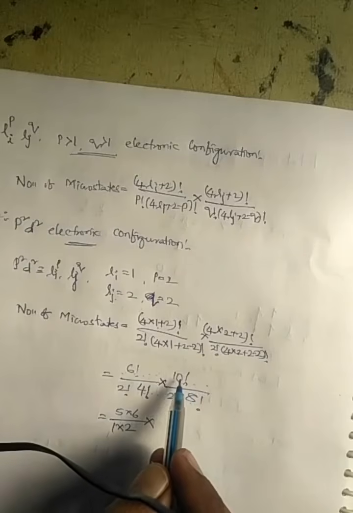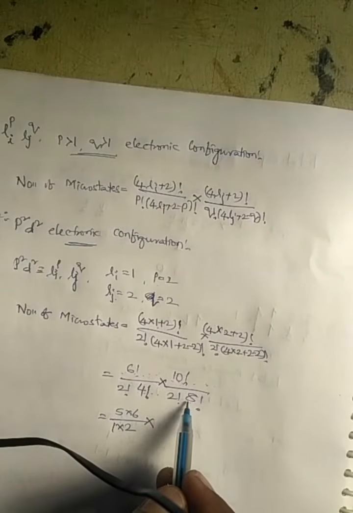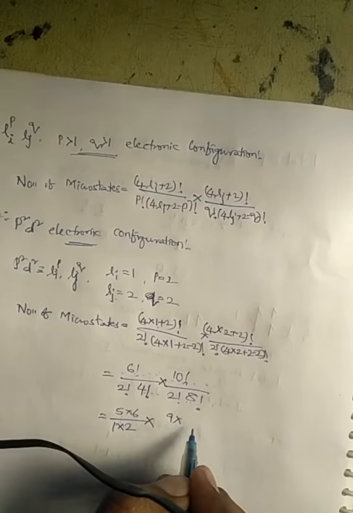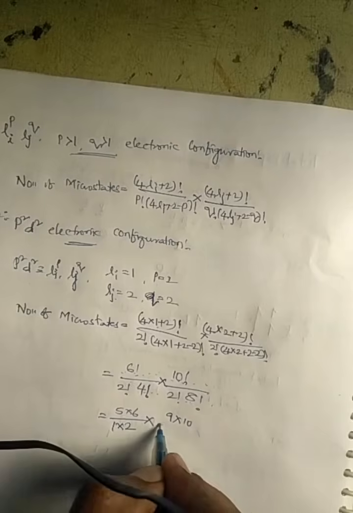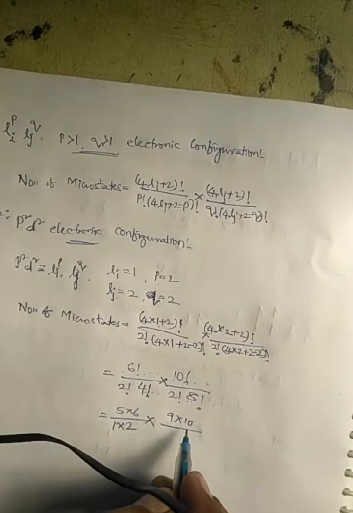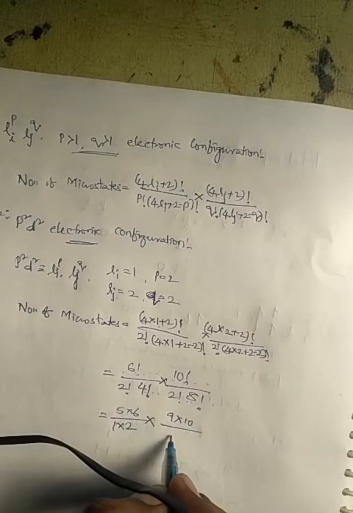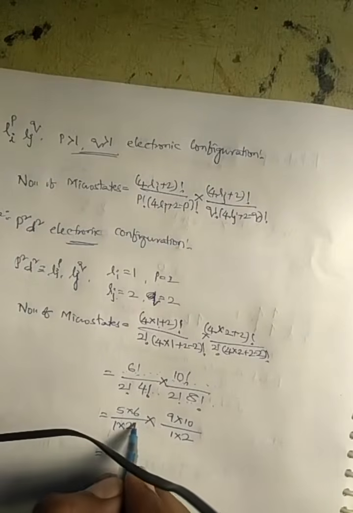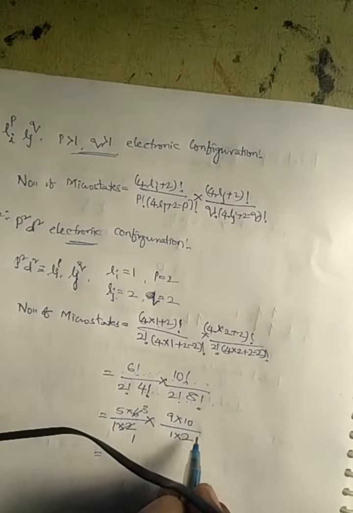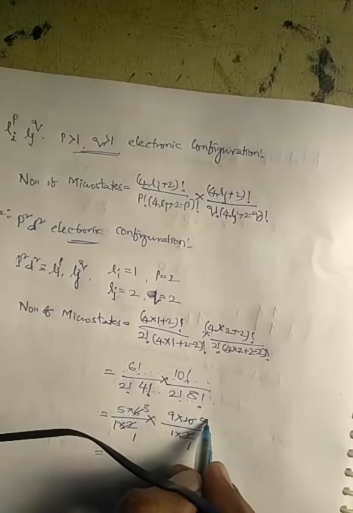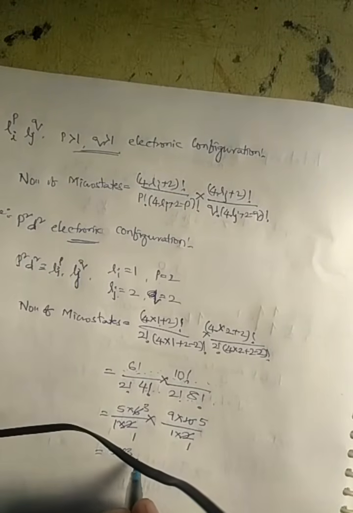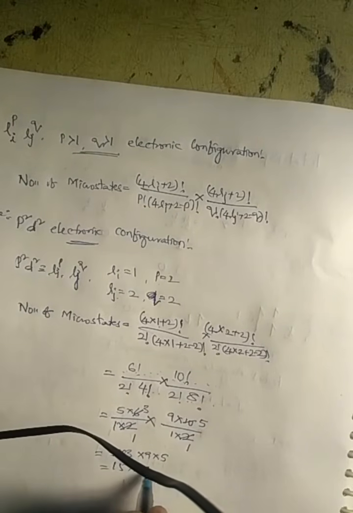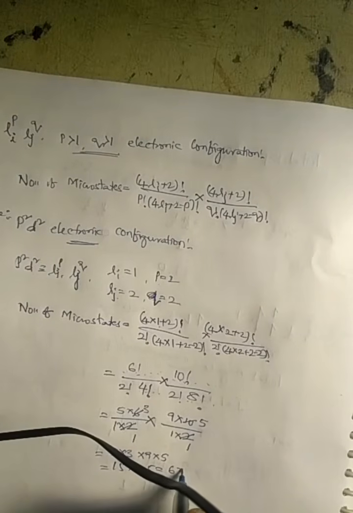So the numerator has 1 till 8, the denominator has 1 till 8, so they will get cancelled. The result in the numerator is 9 into 10, divided by the denominator 1 into 2 only. So 2 ones are 6, 3 twos are 10, 5 twos are... So left 15 into 45, which results in 675